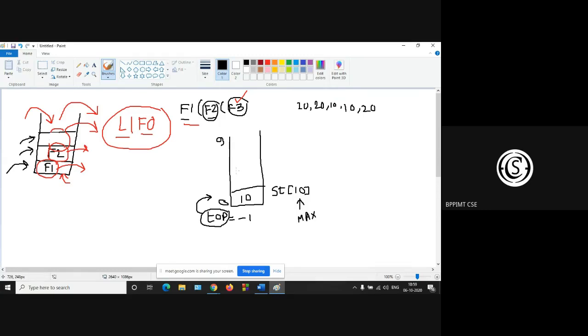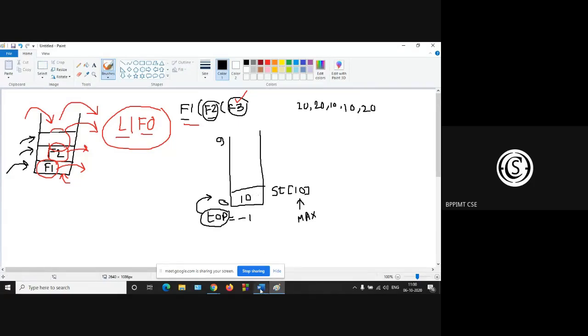For popping an element, just remove the element from the top and then decrement the top. So this is the idea behind push and pop. So first operation is to increase this top from -1 to 0, then insert, that is push 10, right?